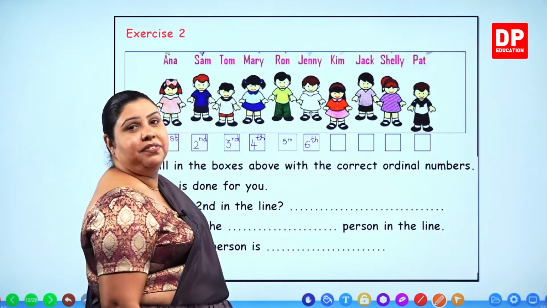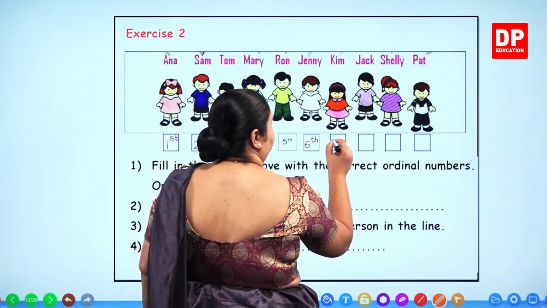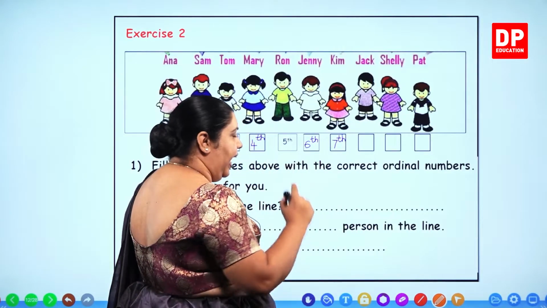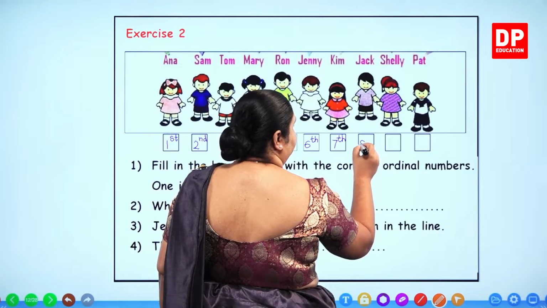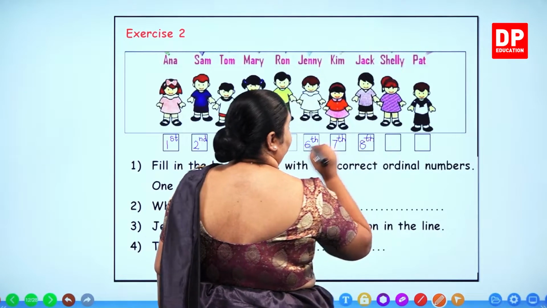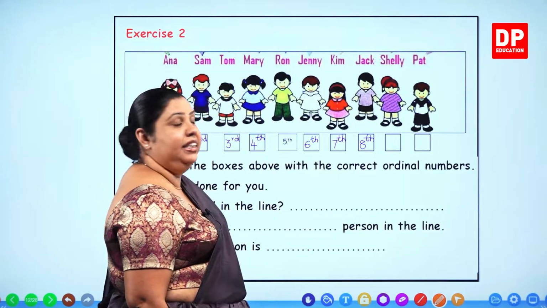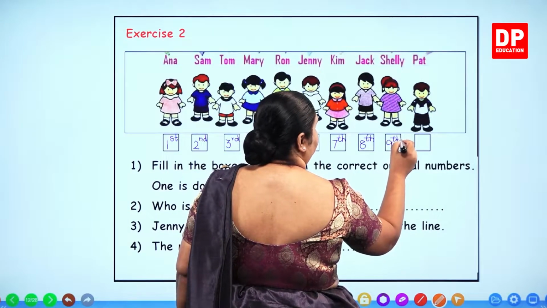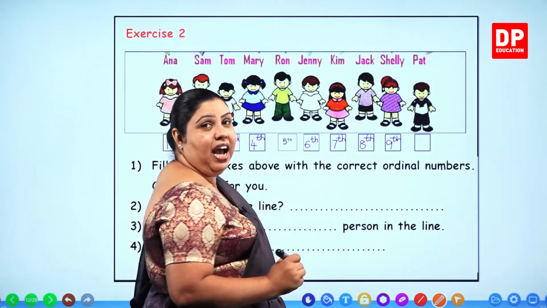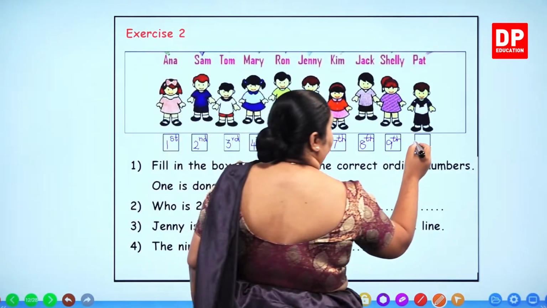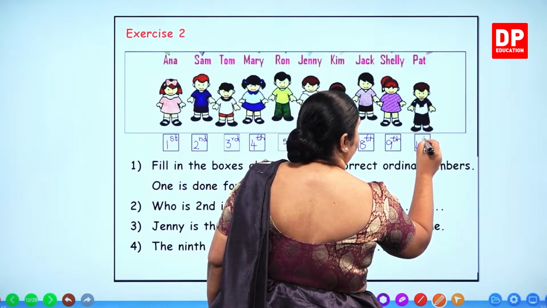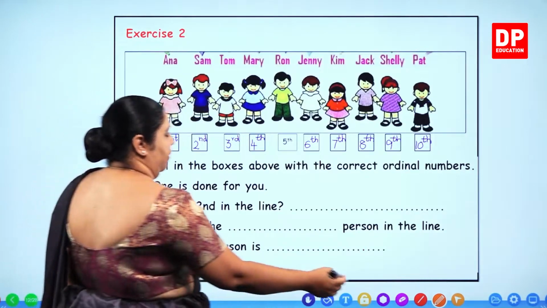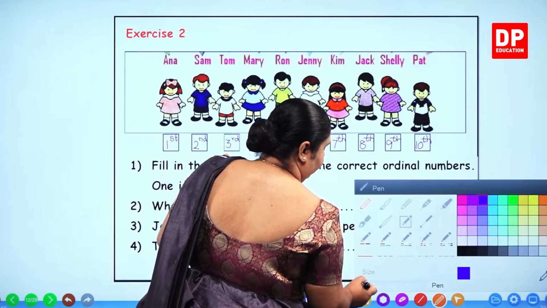6th. Next one. 7. You have to write 7th. 7. T and H. 8th. 8. T and H. Next one. 9th. N, T, H. 9th. Last one. 10th. You write number 10 and T, H. All right? Right. Now, we are going to answer the other